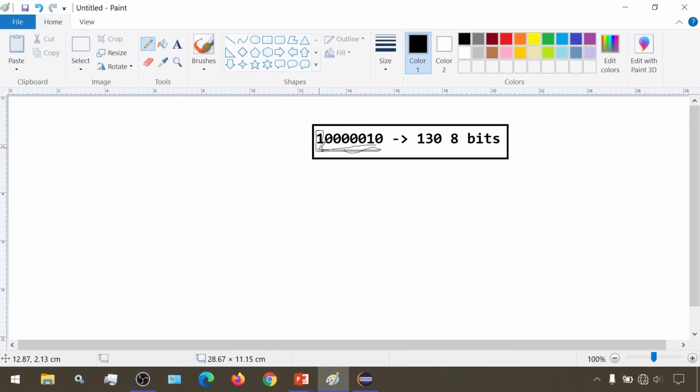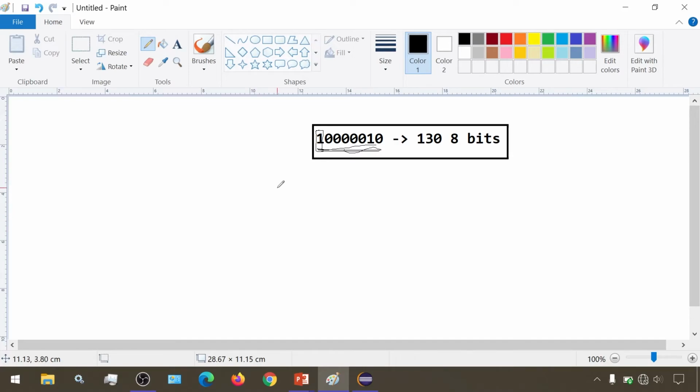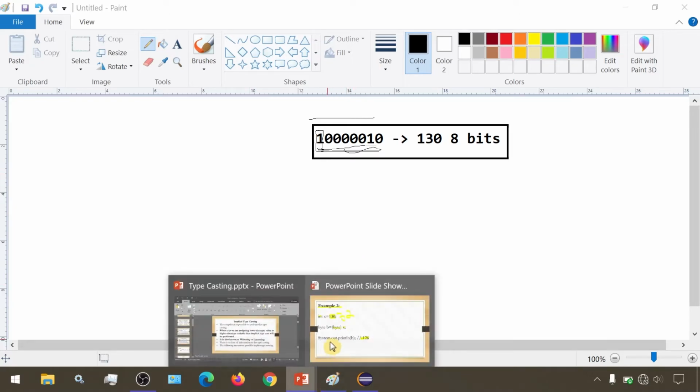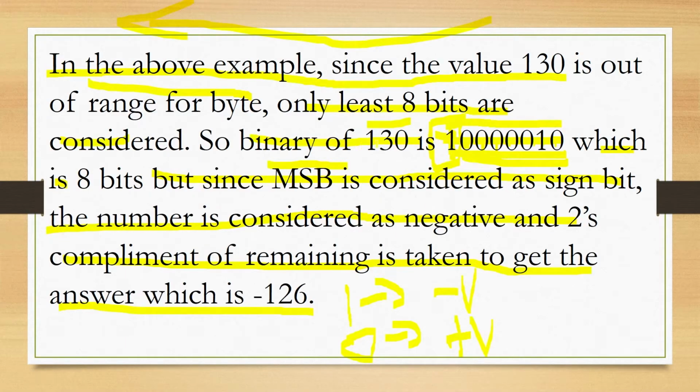So this one is representing the sign. These total 8 bits will be taken by byte, and as we know the MSB indicates the sign, it will see that there is 1. Since there is 1, it will understand that the number being represented is a negative number. The binary of 130 is 8 bits, but the MSB is considered a sign bit.